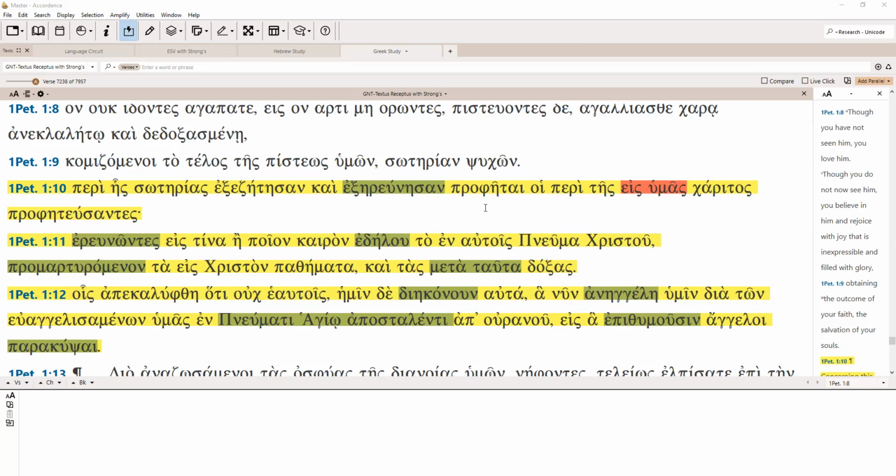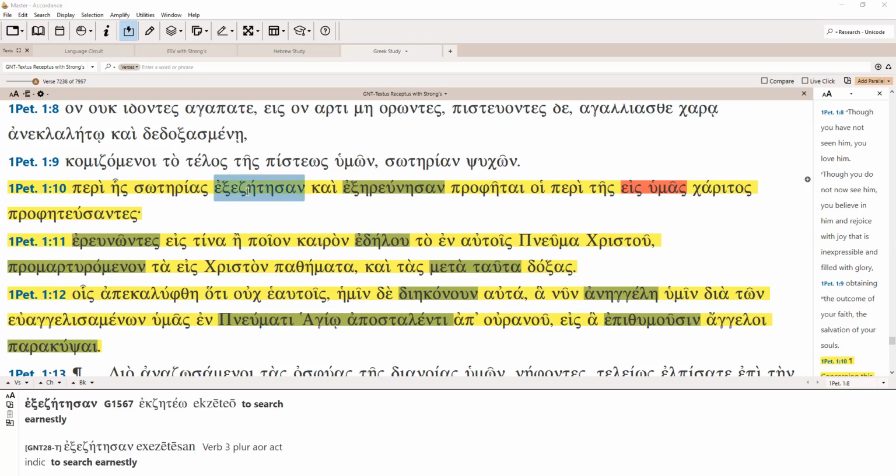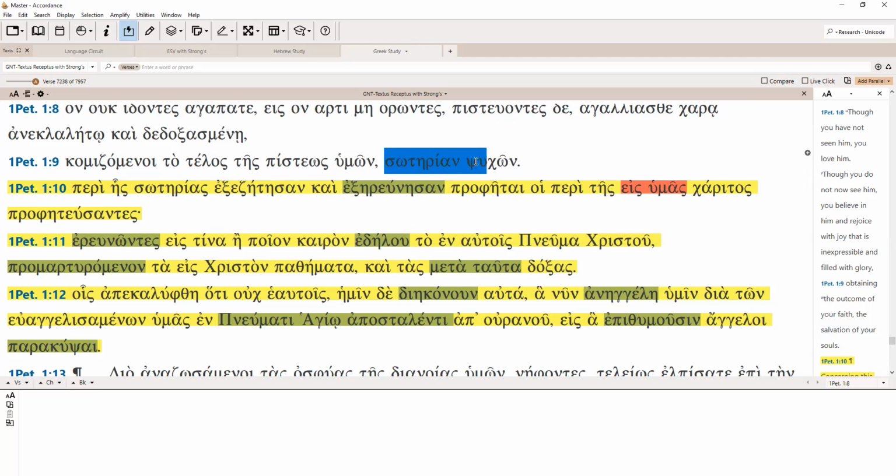Okay, so here we see that we have peri tes soterias, which is according to or about this salvation. So here we have hes, which is a relative pronoun. Here we could use it as a kind of qualifier of soterias. And this soterias, of course, refers to the previous soterias that was already in verse 9, the salvation of your souls. So here is a continuation of verse 9, peri hes soterias, about which salvation,